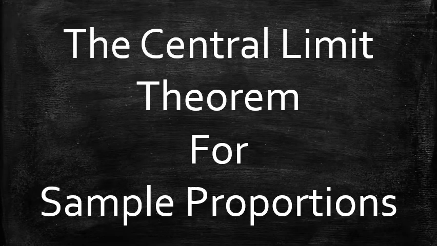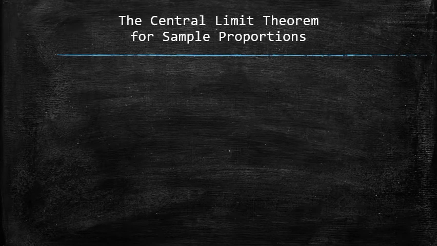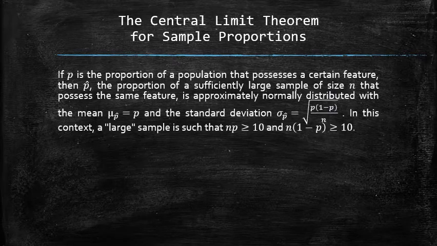I will state the central limit theorem for sample proportions and show its application. The central limit theorem for sample proportions states that if P is the proportion of a population that possesses a certain feature, then P hat, the proportion of a sufficiently large sample that possess the same feature, is approximately normally